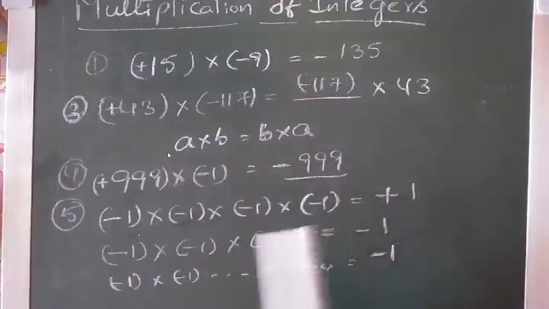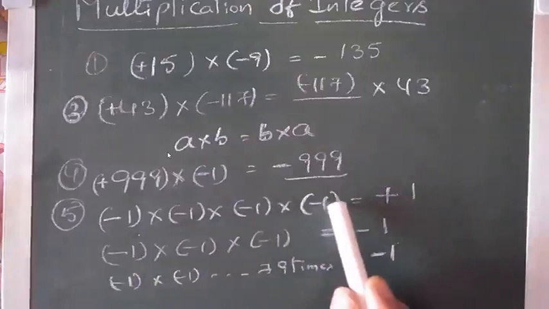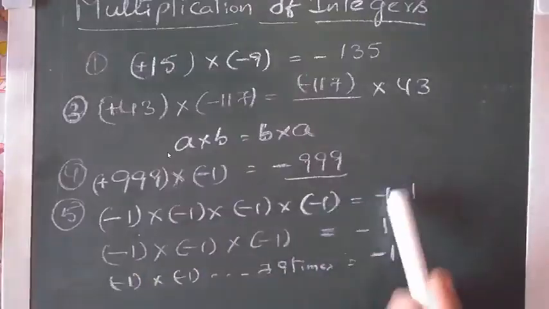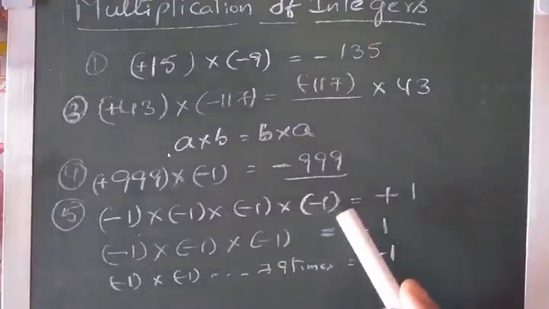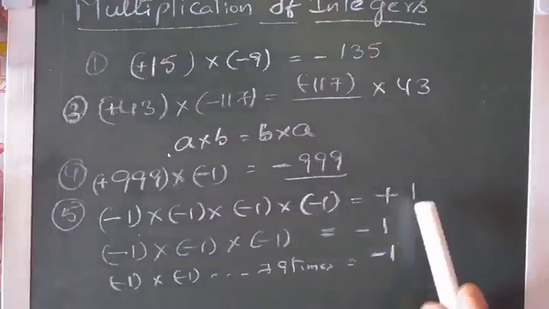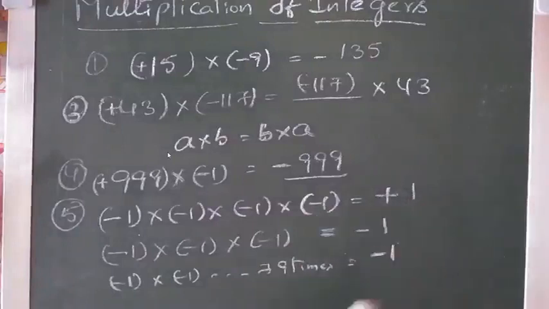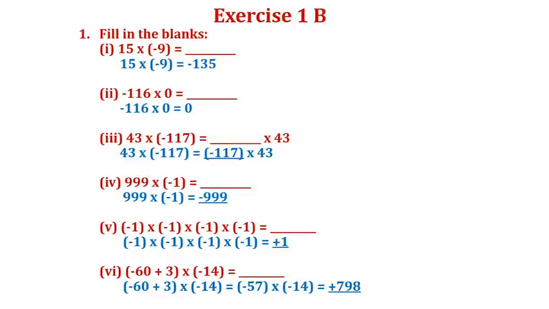So minus 1, if you are multiplying 4 times, 4 is an even number, so you are getting plus 1 here. If you are multiplying minus 1 100 times, 100 is an even number, so then also you will get plus 1 only. So remember this to do this type of problems. So next, going to the sixth problem,